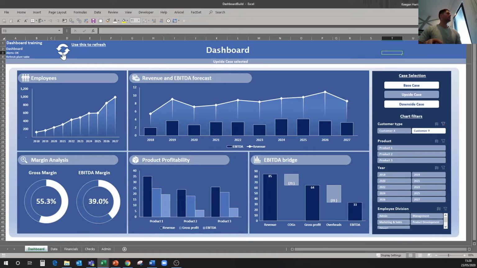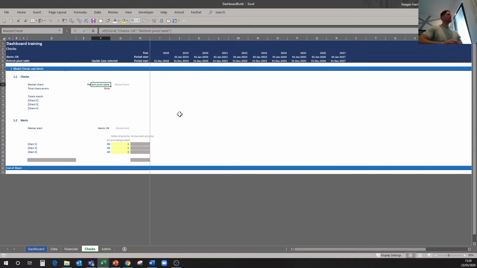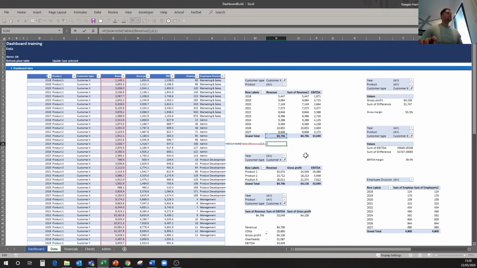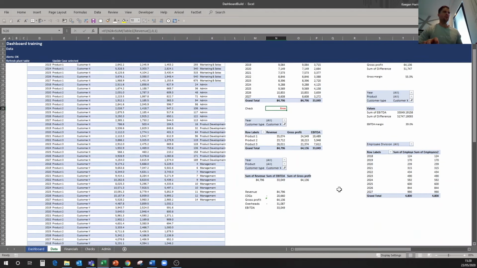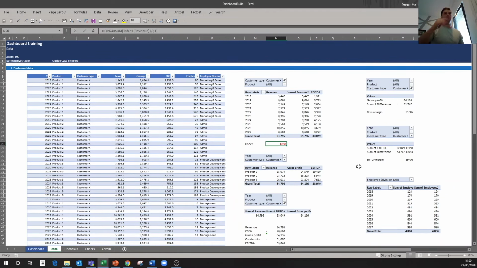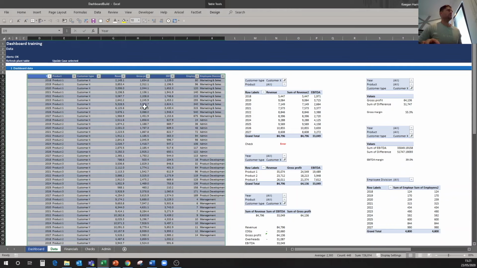And why is this? Because this is filtered, so that was incorrect to base my check off here. So I need to base this off a check that doesn't have a filter, essentially. So where do I have that? Maybe I need to create a new pivot chart. So a pivot table